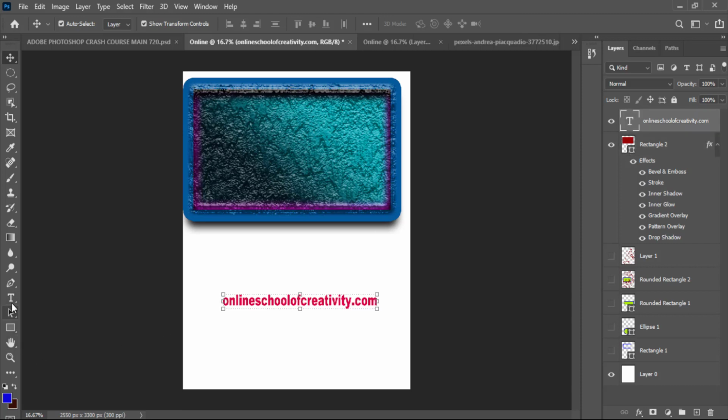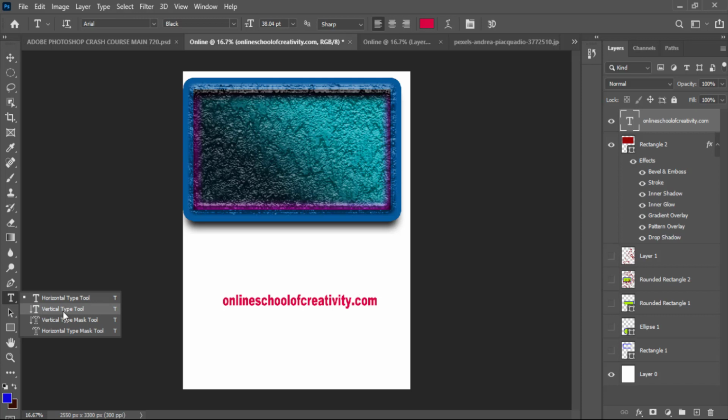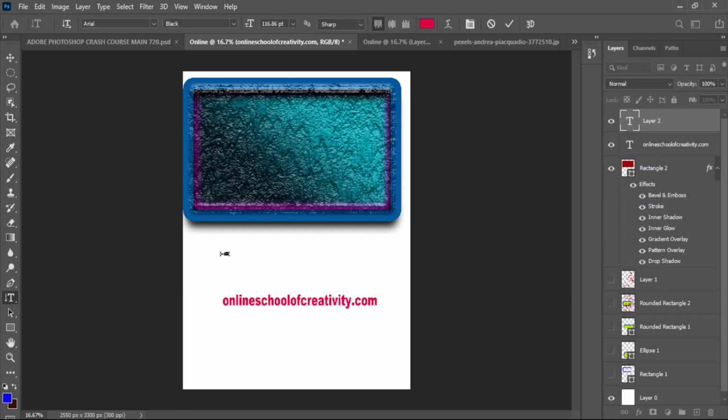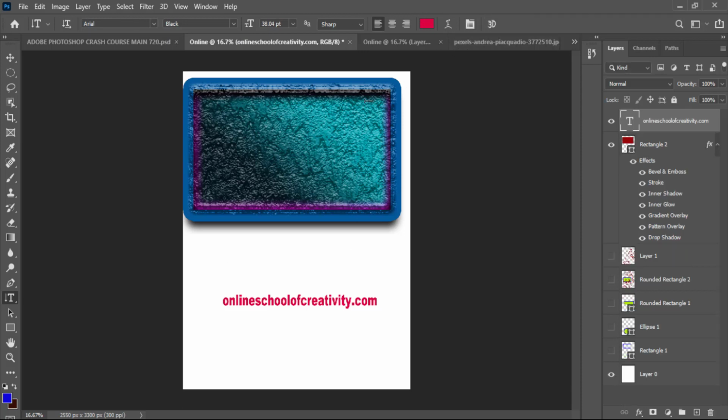With the text tool, we can select vertical. Those who want to use vertical, fine. But most often what we use is the horizontal one. So this is basically everything about the text tool. And don't forget that